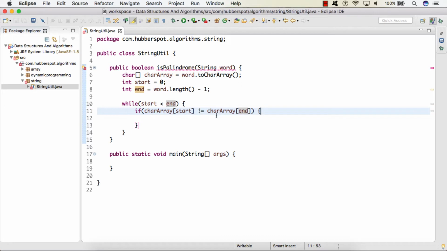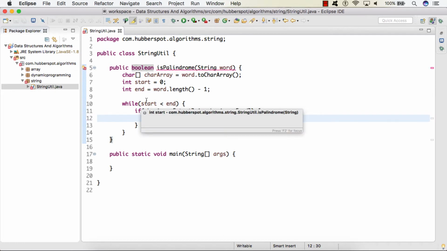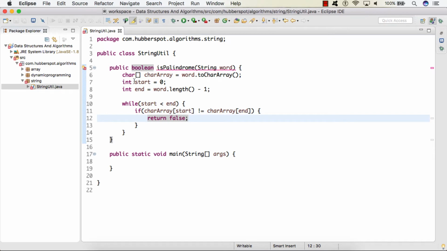If they are not equal, then we can straight away come to know that the string is not a palindrome. So here we'll simply return false, because as we are comparing the first index with the last index, to make the string a palindrome, those two characters should be equal, and if they are not, then we can simply return false.